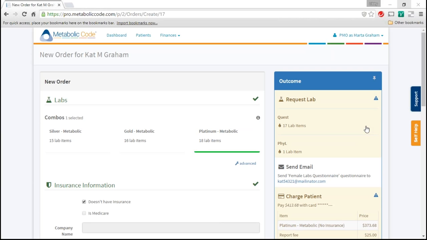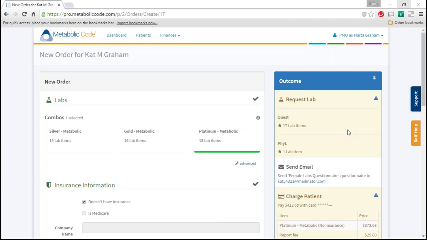Before I close the session, if you need to download those handouts, check out the control panel. Yes, even if you have already signed up, this meeting is for all existing Metabolic Code subscribers. Even if you've already signed up initially and provided credit card information, address, all of that, we're just confirming that we still have the most up-to-date information, and then we'll be able to use that payment information to connect your